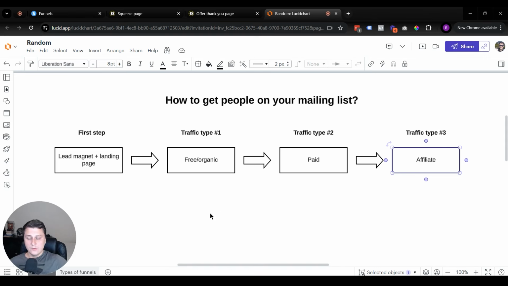And also, coincidentally, this is the order I would do it in. I would start with free traffic. I would do paid after. I wouldn't start with paid. That's what a lot of people have, that instinct to start with paid because it's quicker, but it will burn a hole in your wallet. And affiliate would be third. So I'm going to quickly give you a brief introduction into each and why I would do those